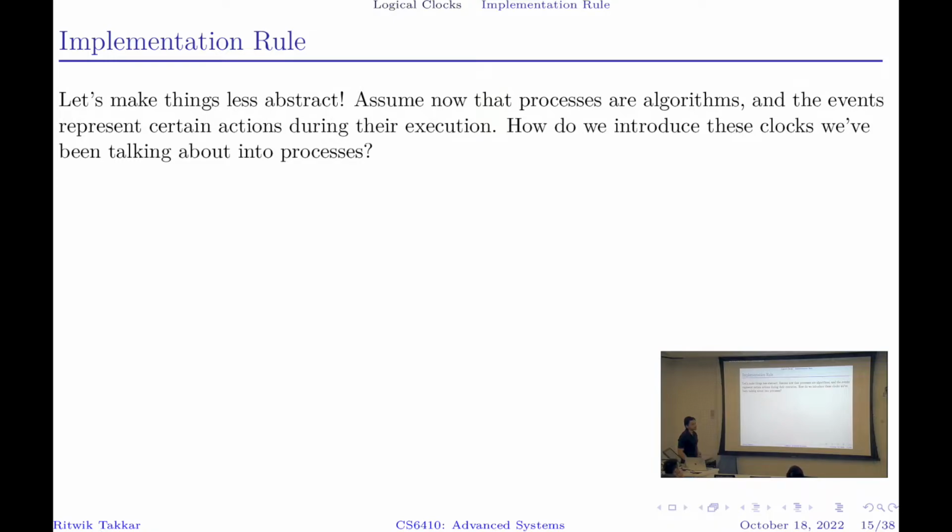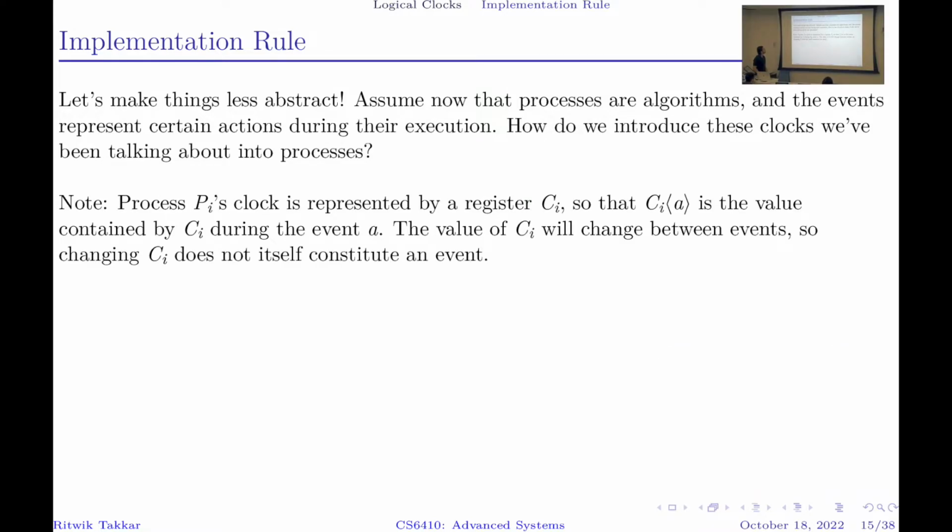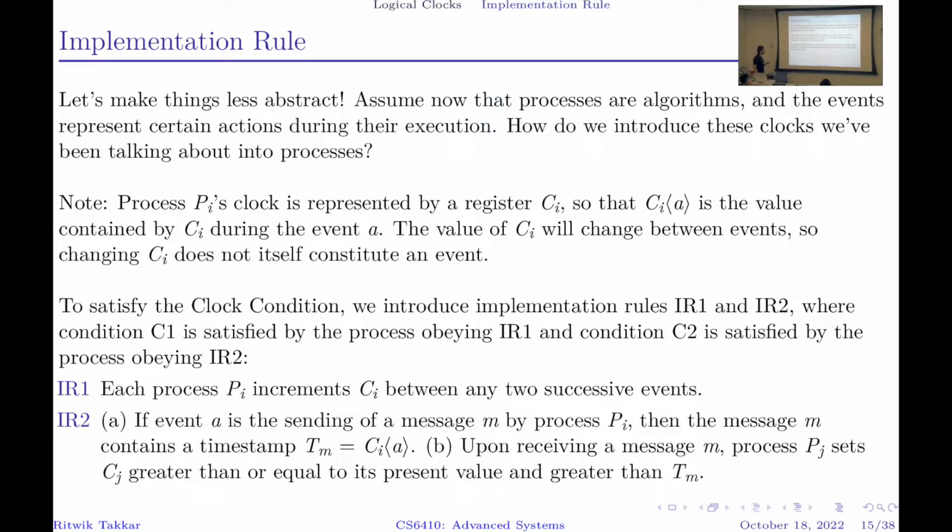Okay, so we've had the clock condition. How do we implement this? Let's think of processes as algorithms, and events represent certain actions during their execution. It's important to know that this value of C sub I changes between events, so changing C sub I itself is not an event. We implement IR1 and IR2. These are two implementation rules, essentially to satisfy the clock condition from the previous slide. We went over IR2. It's just this two-parter. If event A is sending a message,